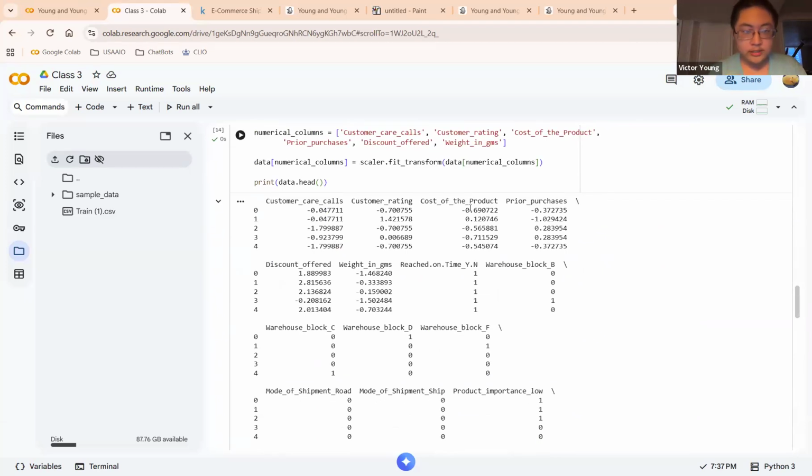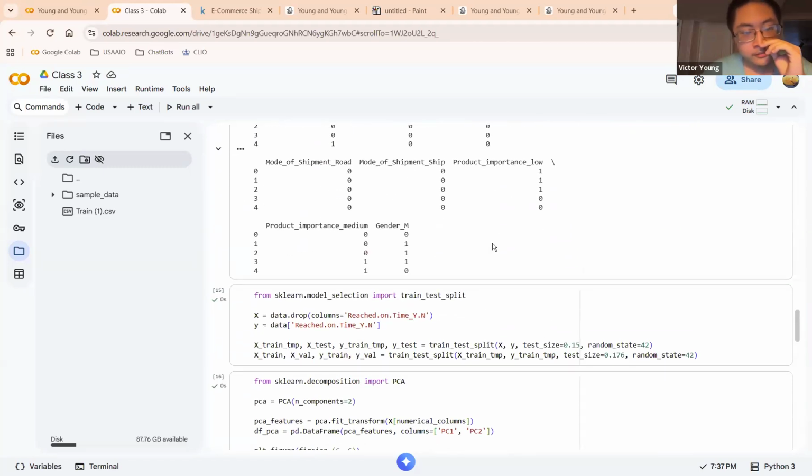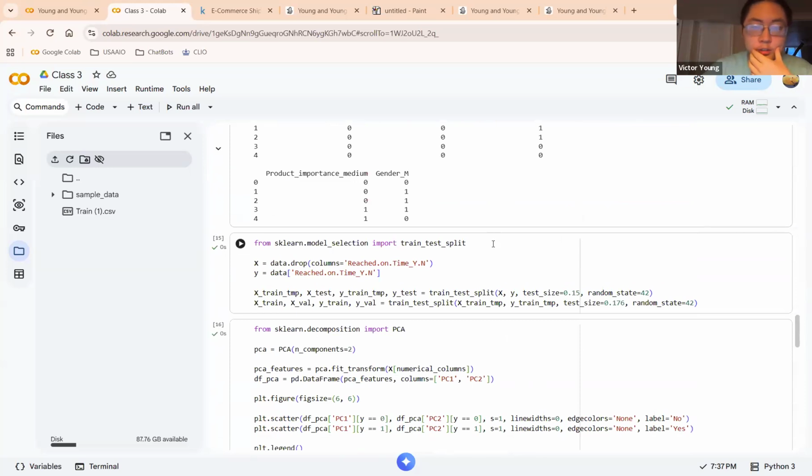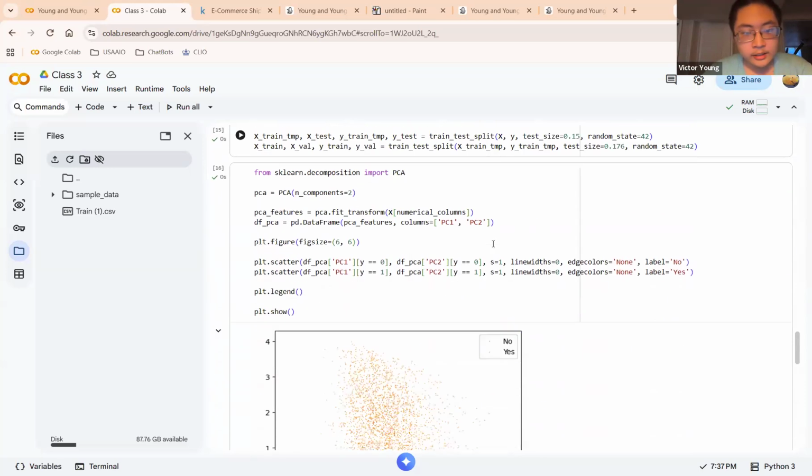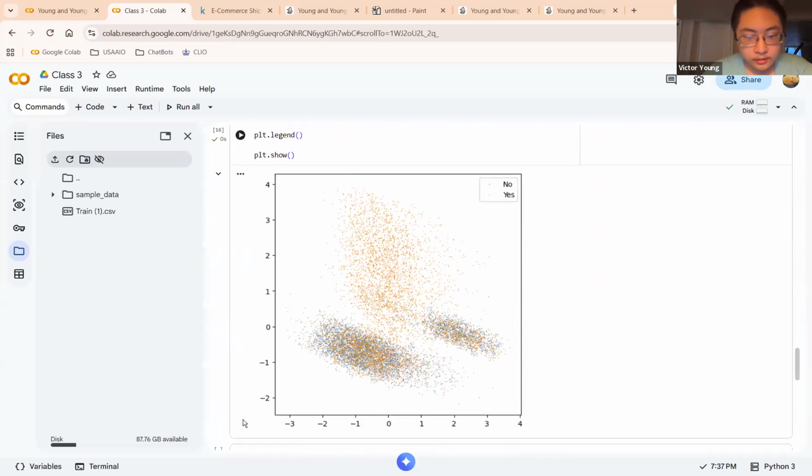How can we visualize six-dimensional data? That's kind of hard, because our screen is 2D. The most we can do is maybe draw a 3D graph. So to visualize our data effectively, we use PCA to go from six features to two features,